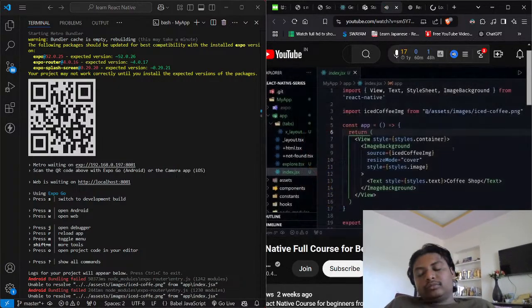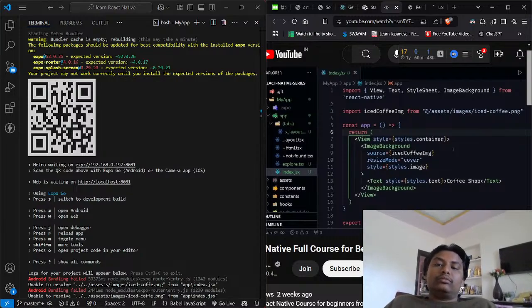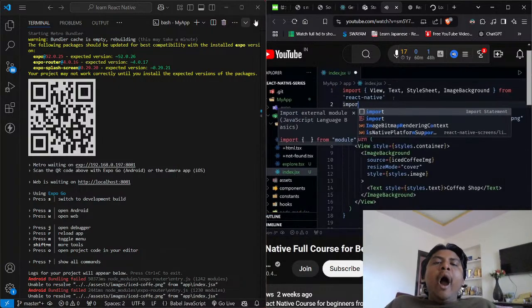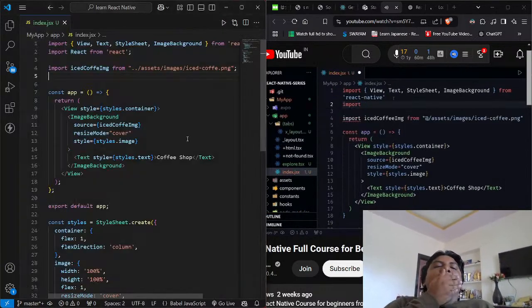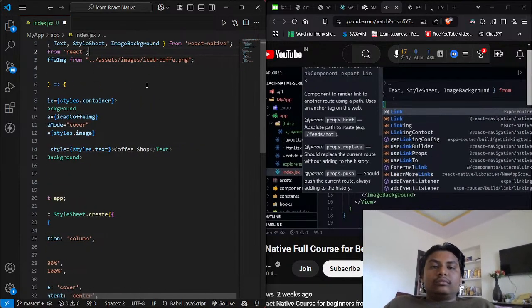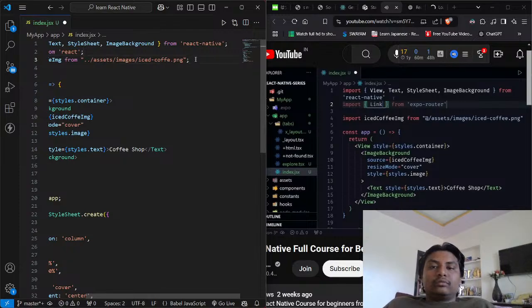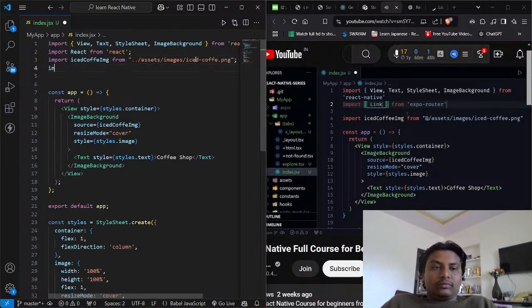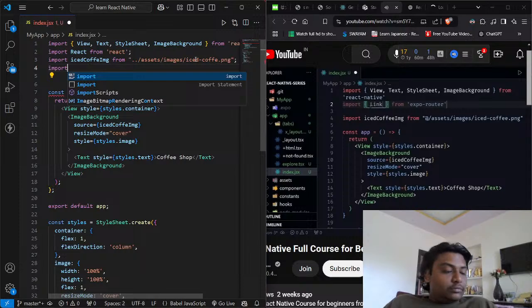Now, much like the web, one way to navigate inside of a React Native and Expo app is to use a link. So let's import link at the top. It's a lot like the anchor tag, the A that we use in HTML, except this is link and it comes from Expo router. And if you're familiar with Next.js, we also import